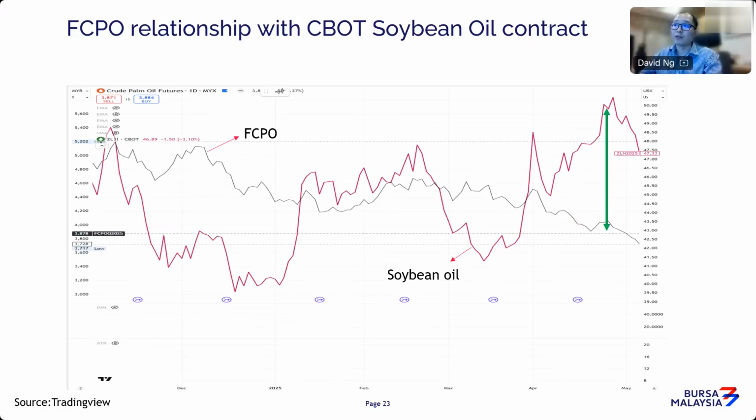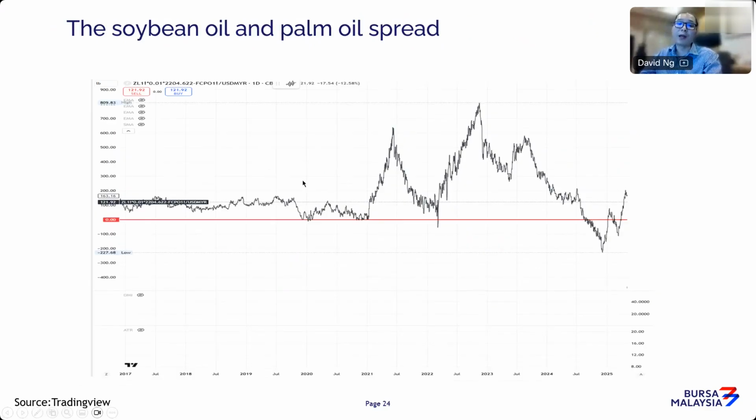Now, whether that's true or not is usually up for debate. But what I want to highlight is that there's always a period of time where, if you just look at this chart, this is looking at the price differential between palm oil and bean oil. This orange line is a zero line. It's just telling you that bean oil and palm oil are on par. But there's always a period of time where these two commodities trade at a discount, which means that palm oil is actually more expensive than bean oil.